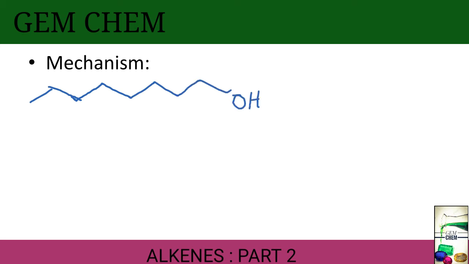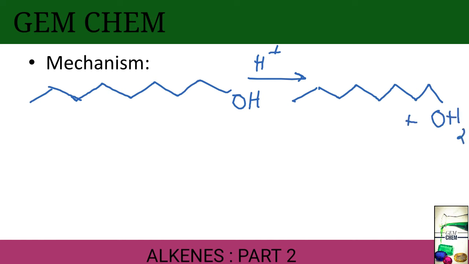Now, this occurs via E2 elimination. So, first protonation occurs, right? On protonation, we get this as OH2 plus, because oxygen being electronegative, hydrogen will be added here only. Now, on E2 elimination, we obtain this kind of thing.